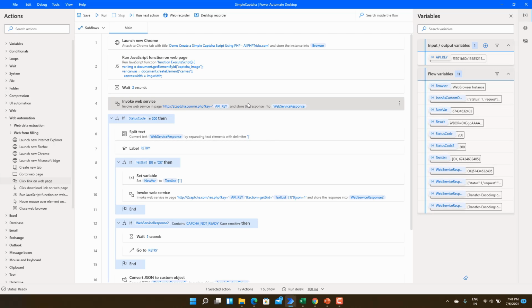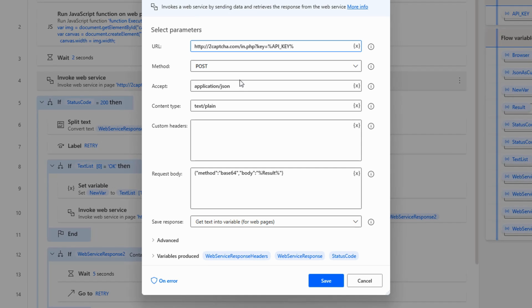Actually, in this step we are going to pass the base64 string to that 2Captcha API. So you can see here we are passing the API key as a parameter to that URL, and these things are specified in the documentation of the 2Captcha API. You can find that here. I will put a link in the description also.